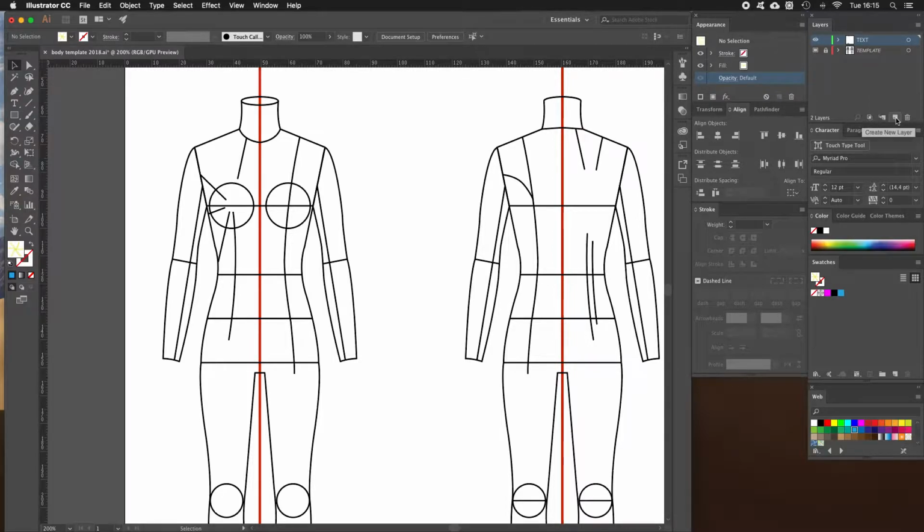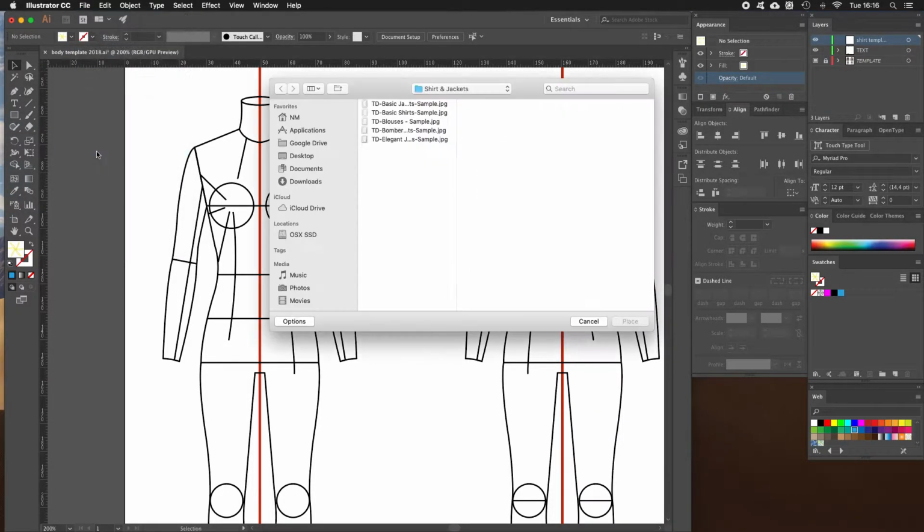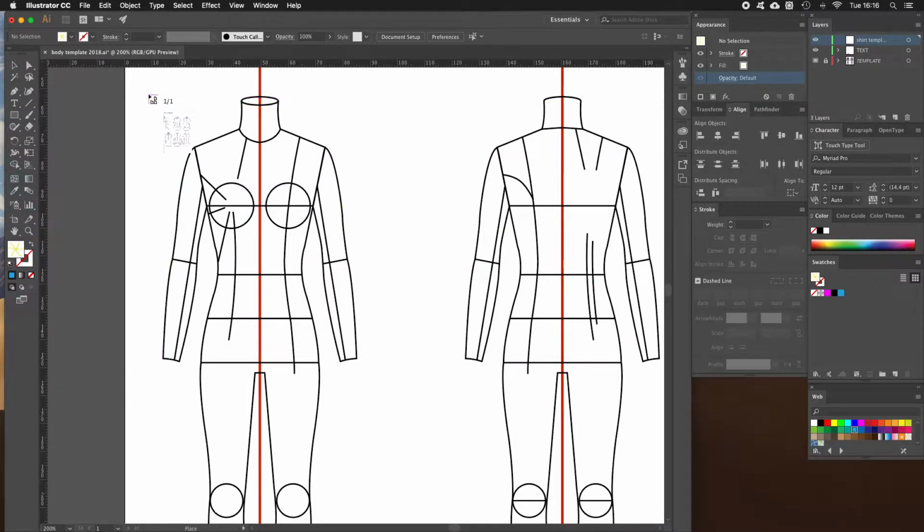I'm going to add a new layer. I'm going to rename this shirt template. I'm going to select a file that I will load up for you, or you will also be able to get that from your textbook. I'm going to say place, and I'm going to look around for that file. The one that I want to use is a technical drawing basic shirt sample, and I'm going to place it